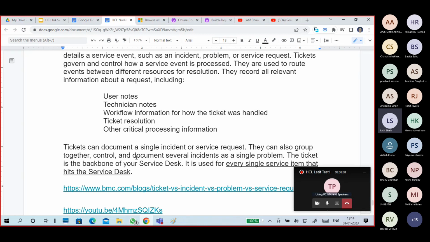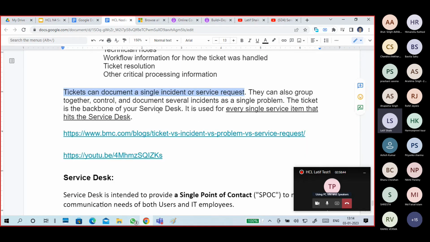Because of the tickets, even once an issue is resolved, it is useful to others as a reference, like a known error database. A ticket can have information about an incident or a service request. We can group these tickets together and handle several incidents as a problem.